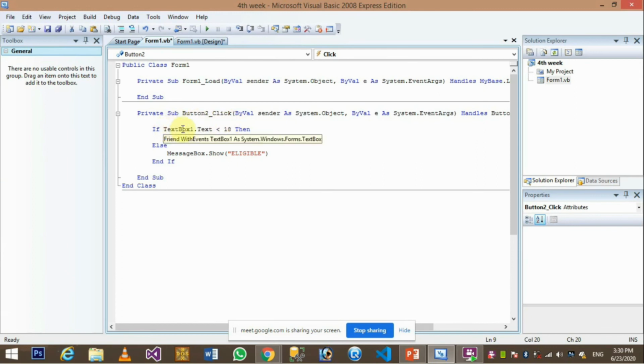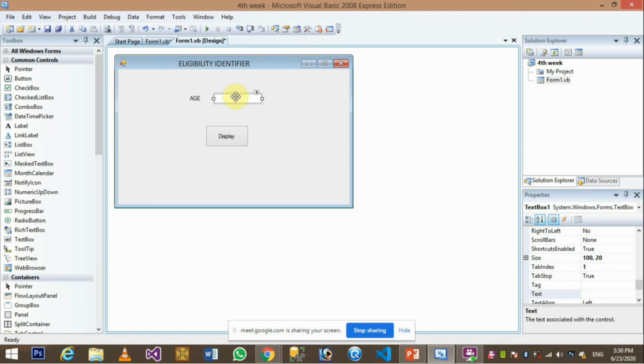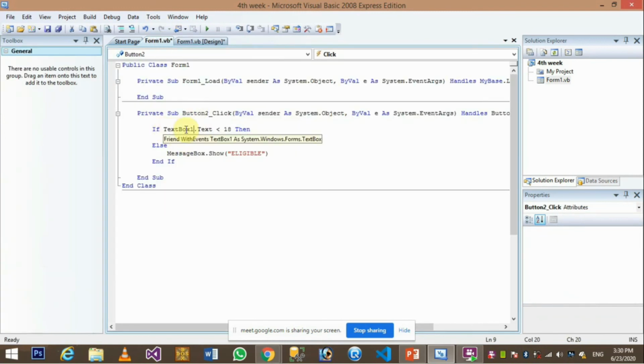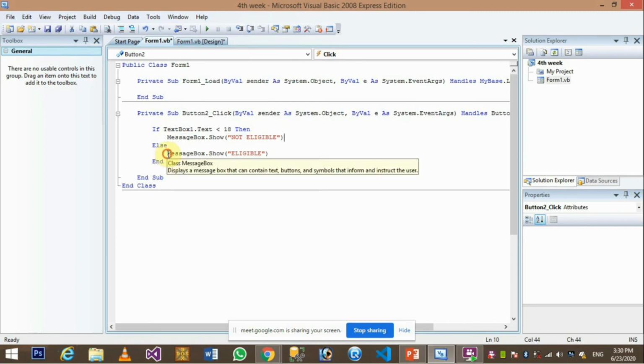So whatever is written inside this text field would be considered here. For example, 25 is inserted here. Is 25 less than 18? It would consider this condition. If the condition is true, it would go for this and display not eligible. Otherwise, else, it would go for this, eligible.